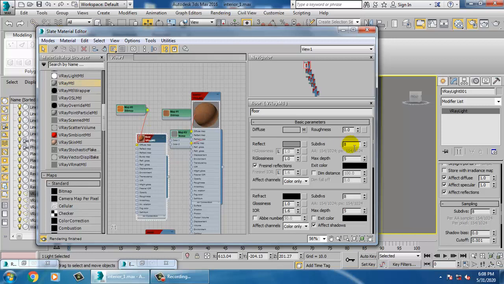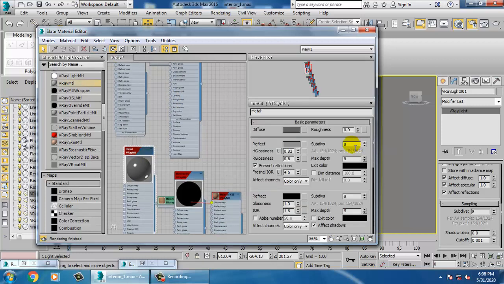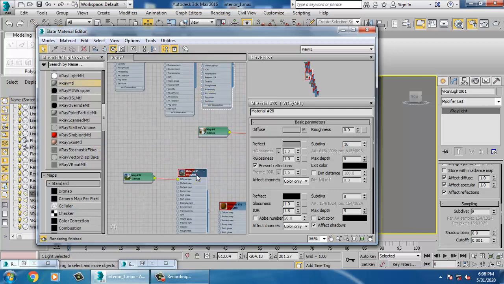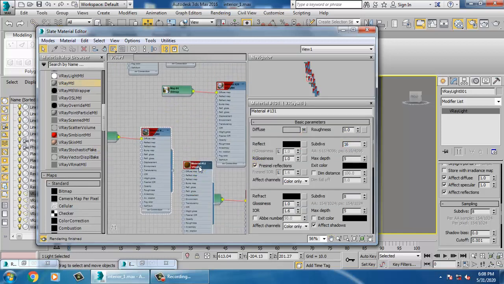So definitely if you increase the samples, it will take a long time for the rendering. So you have to be prepared, because this will increase your render time. If you increase the subdivisions of the samples of the material, your noise will reduce.